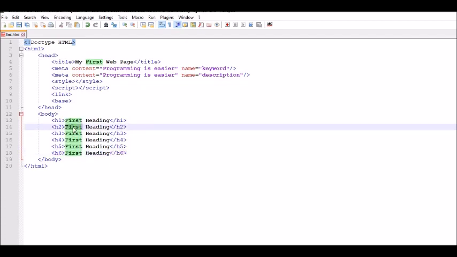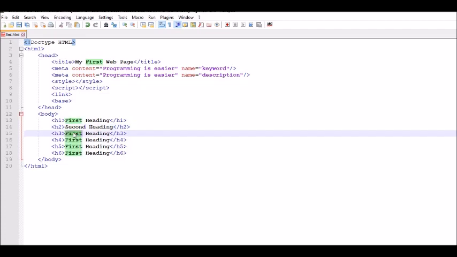And let's change the content to... yes. Let's save this and let's run this program.